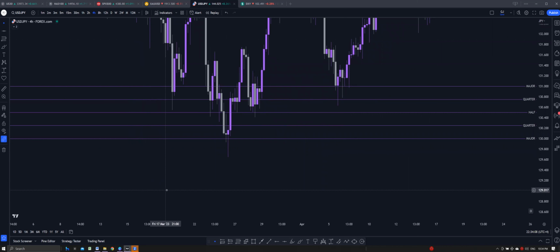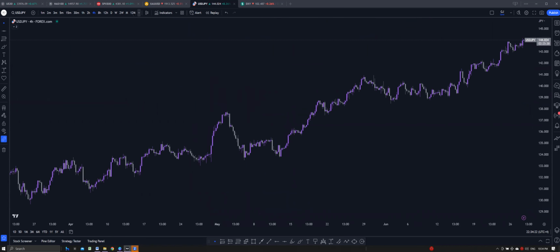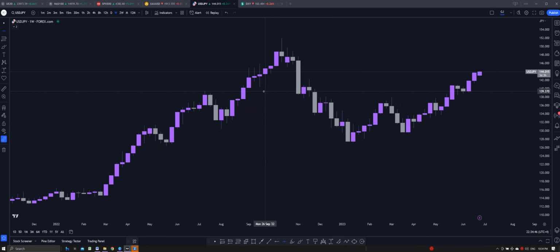So now what I like to do is not to mark off every single thing on the chart, not every single quarter point, not every single major point. So you can combine the way I draw my support and resistance on the weekly time frame, for example. When you're marking them off, use the areas of aggressive buying and selling pressure, because not every quarter point or half point or major point has aggressive buying and selling pressure, right? I like to look at areas of very high aggression. The reason why is when price hits those areas, it is more likely to go in your favor. Yeah. So in this example, on a weekly time frame,